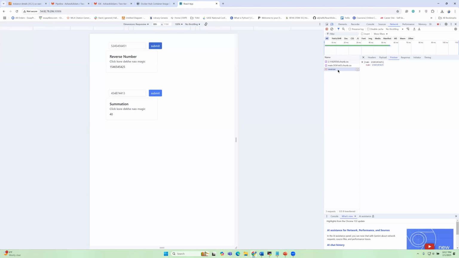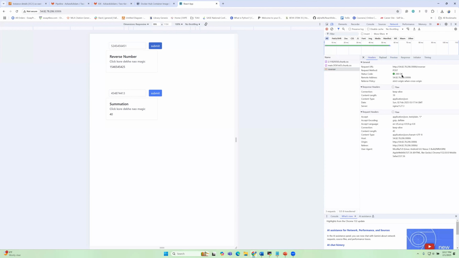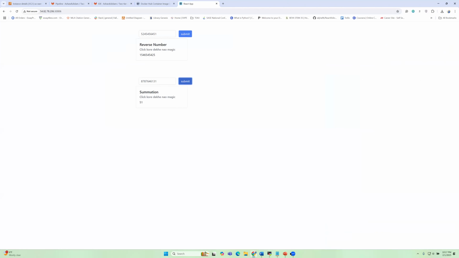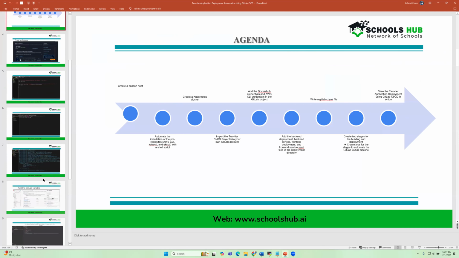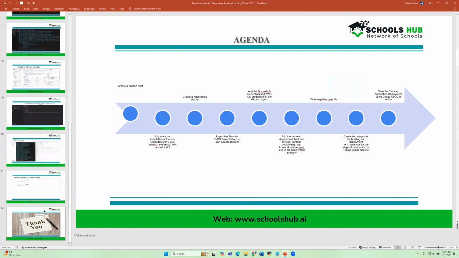We can see we are getting the 200 status. And same thing for the summarization, we're also getting the 200 status. So basically that's how we deploy the